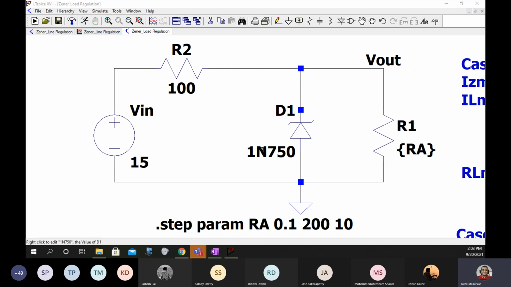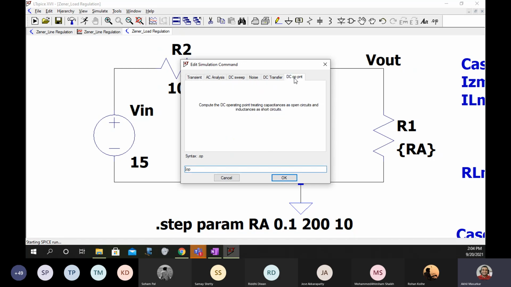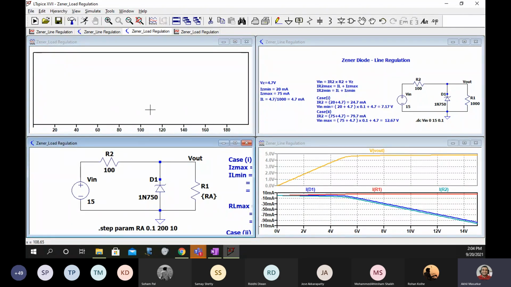Now let's try to run this file. So if you try to run this file, it will show this box. So this time we are saying use this DC operating point. Whatever is the DC voltage inside it, consider that as the DC voltage and run the simulation for different values of RA.